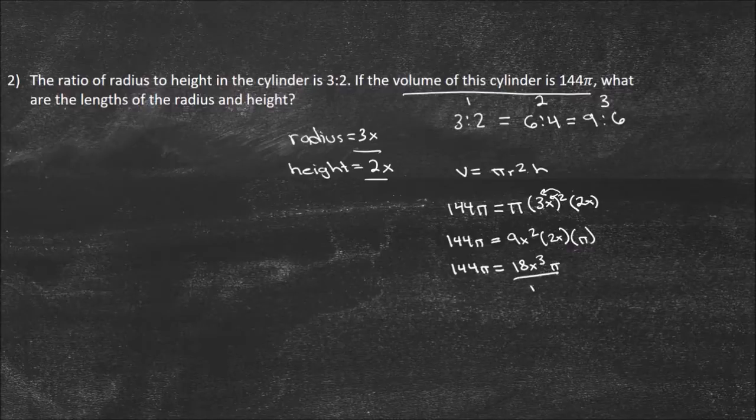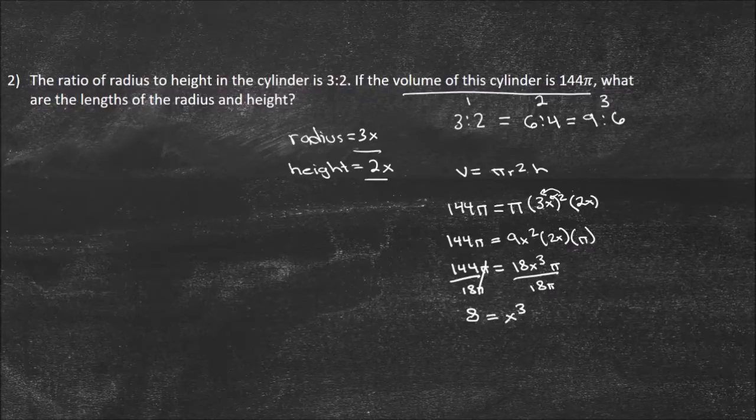I'm first going to divide by 18 pi. Let's get the x cubed by itself. So 144 pi divided by 18 pi. Well, the pi's are going to cancel, and the 144 divided by 18 actually just becomes 8. So I get 8